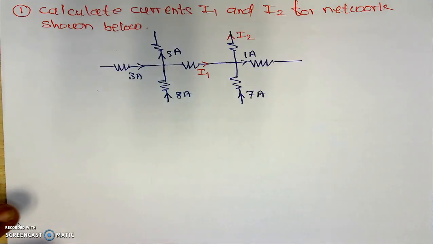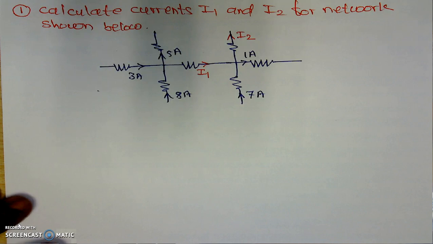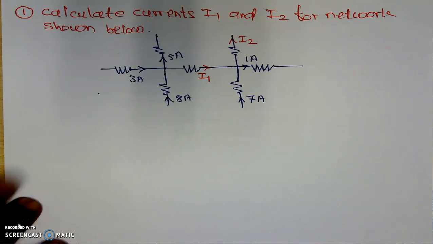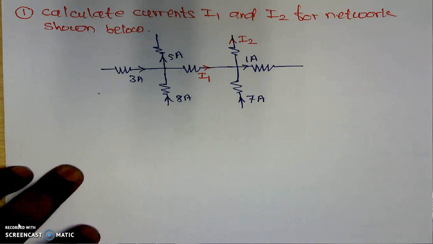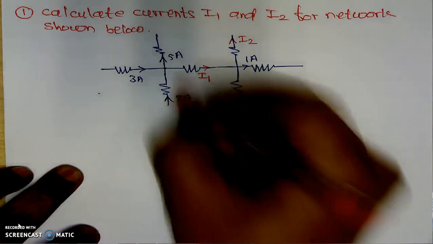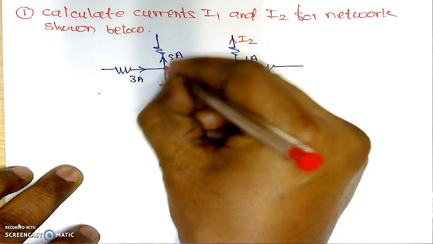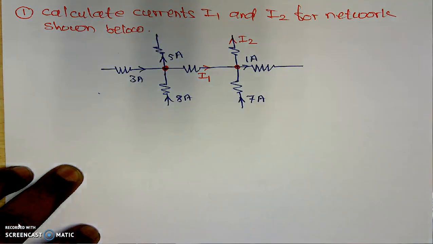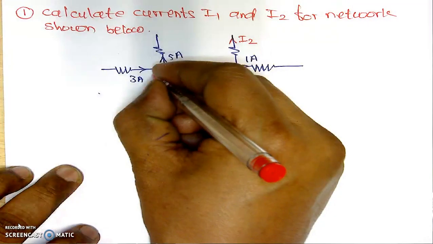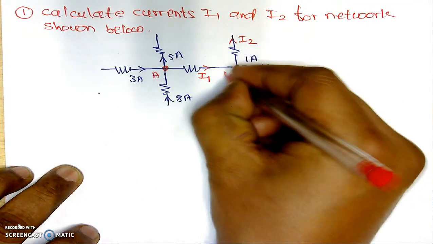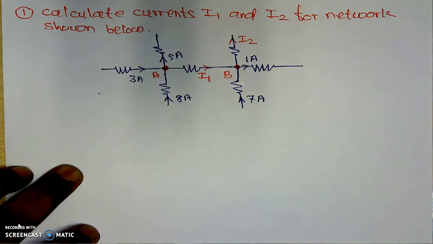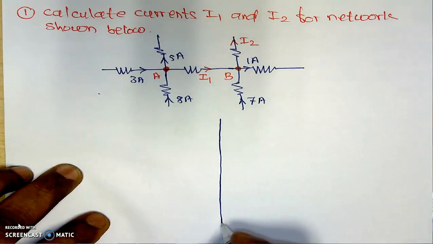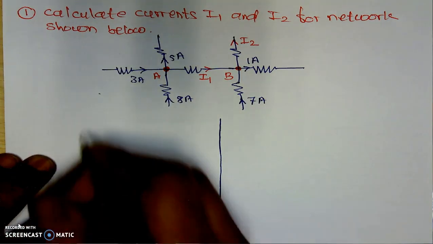Now I will take a simple problem based on this particular law, that is Kirchhoff's current law. Before starting to apply the KCL at any complicated network, we have to first mark the nodes or junctions. What is a junction? I discussed previously. A junction is a point at which 3 or more than 3 branches meet together. Here we have two junctions, junction A and junction B, or node A and node B. If we are applying the KCL